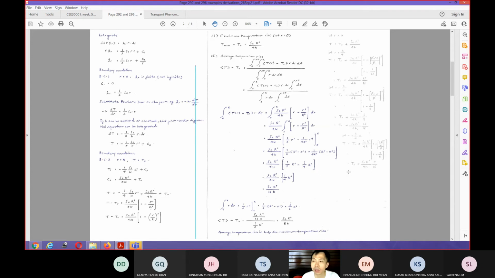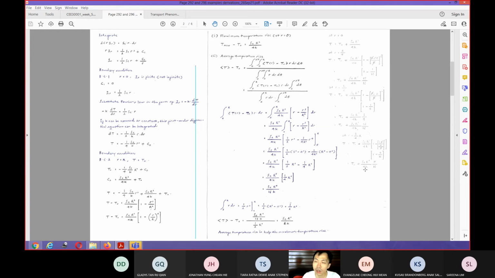So when you do the same with the R, then that will be basically equal to the T0, right? Because if you put in R in here, then this term will be 1, and then 1 minus 1 will be equal to 0. So this T will be equal to T naught. So it's clear that as you go from the center line to the outer cylinder, the temperature will decrease,